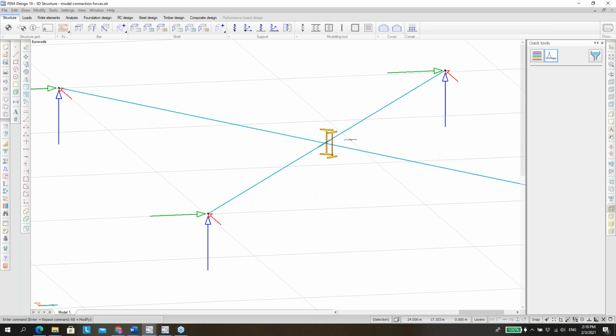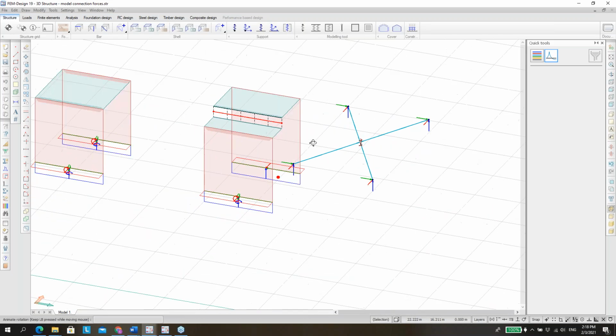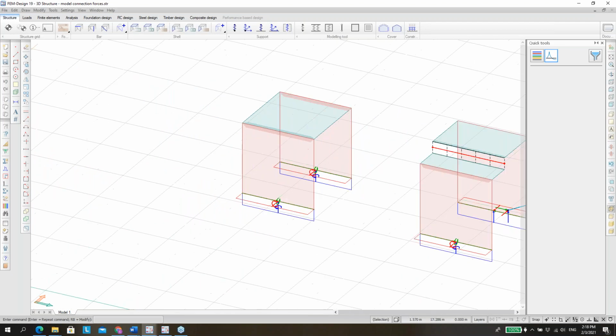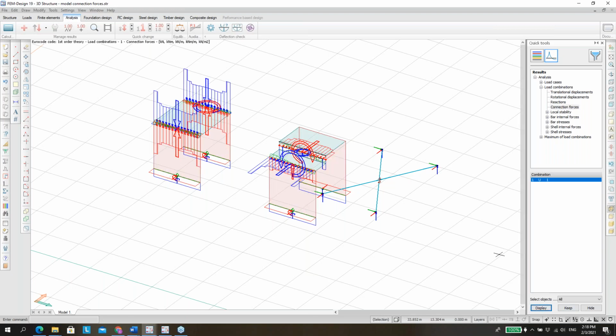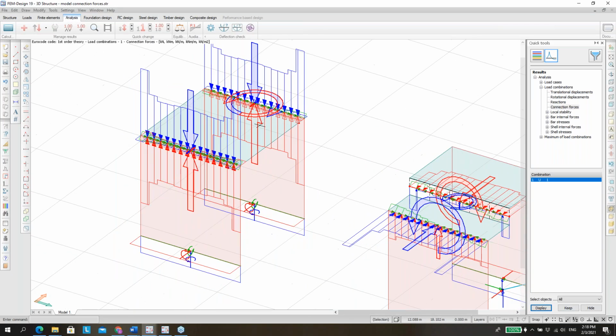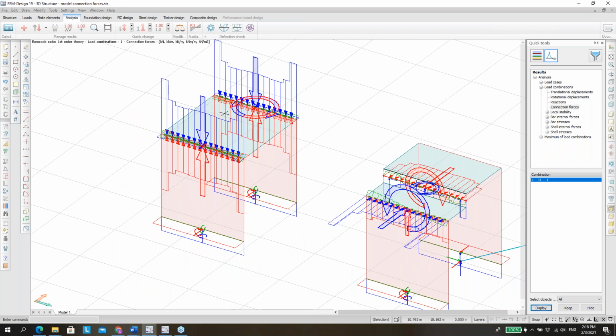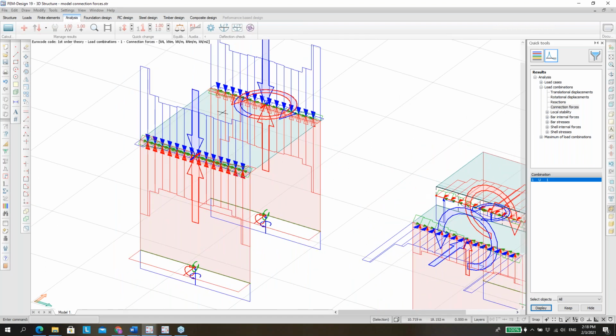But if I use the point-to-point connection, we will see that I can make it free, and just one bar will deform, as it should be the realistic behavior. So if we go into the results tab, and we go to connection forces, we see that beside, let's say, the linear distribution of connection forces, FEM-Design also gives us directly the resultants,